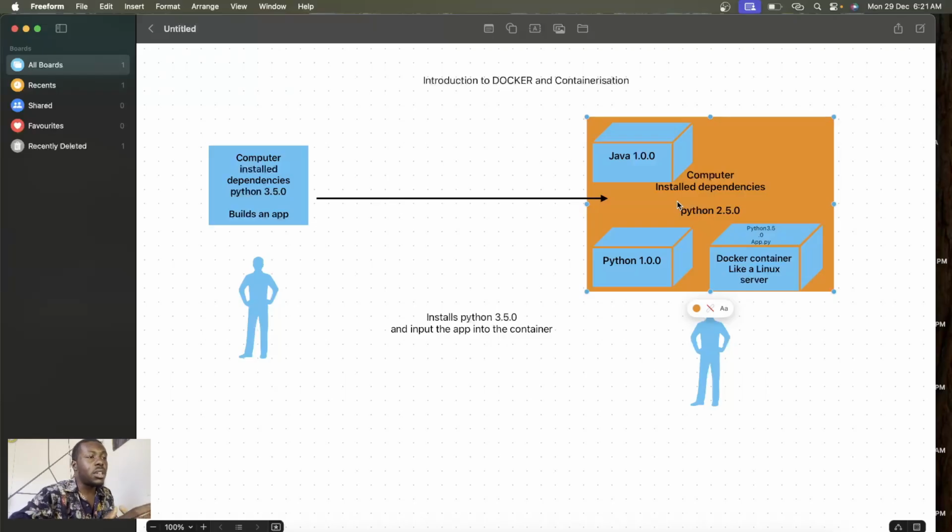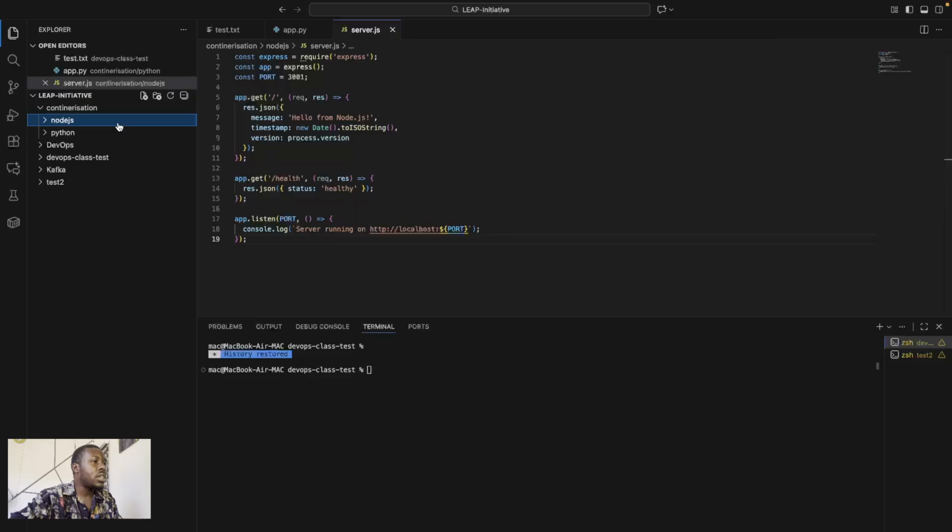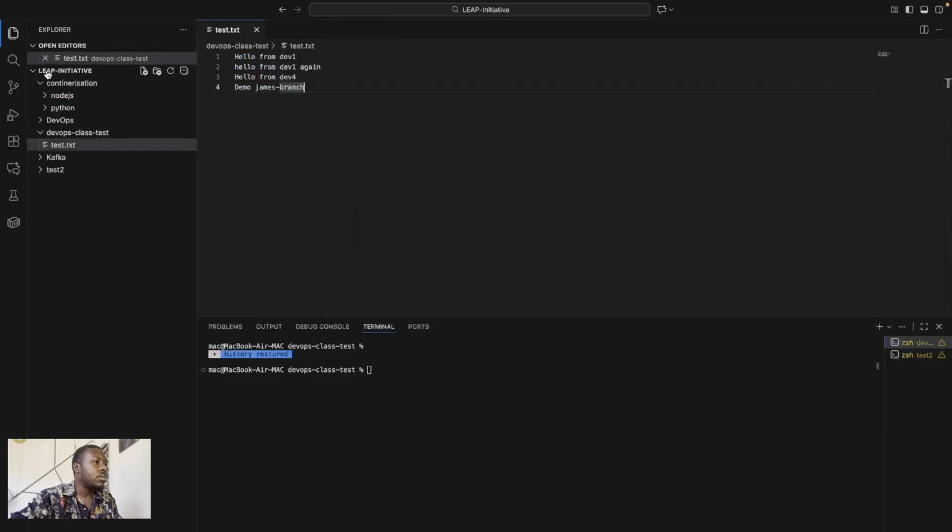world, and it's actually a lucrative skill to understand how to create Docker containers, how to create a Docker image. So in this tutorial, we'll be looking at how to create a Docker image, and also how to run a basic Docker image to be able to see what it looks like. Okay, so we can look at a basic Python application and a Node.js application.